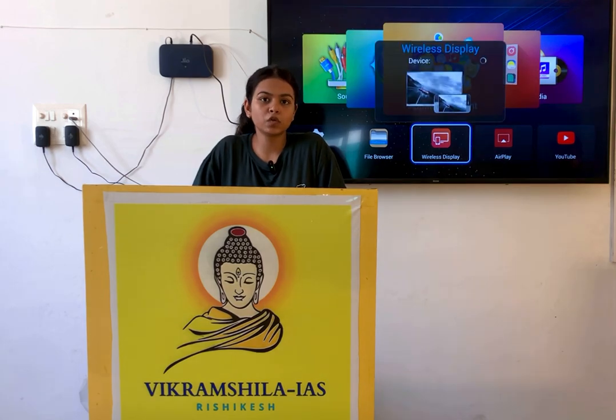Seventh, dissolution of the lower house. The lower house of the parliament can be dissolved by the president on the recommendation of the prime minister. This means that the prime minister can advise the president to dissolve the lower house of the parliament before its expiry term and hold fresh elections. Thus, the executive gets itself the right to dissolve the legislature in this form of government. Eight, secrecy.